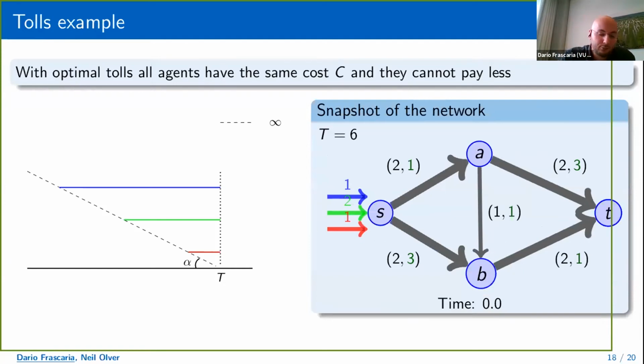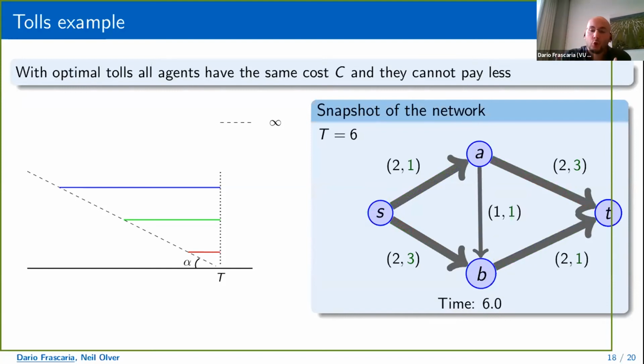Here I can show you an example of what the optimal tolls look like. In this example, I will use the same instance I used earlier for the earliest arrival flow. Tolls increase linearly over time, first on the arc SA. Then we will have no tolls. Then tolls increasing on AT. Then tolls increasing simultaneously on AB and BT. And then finally on UBT.